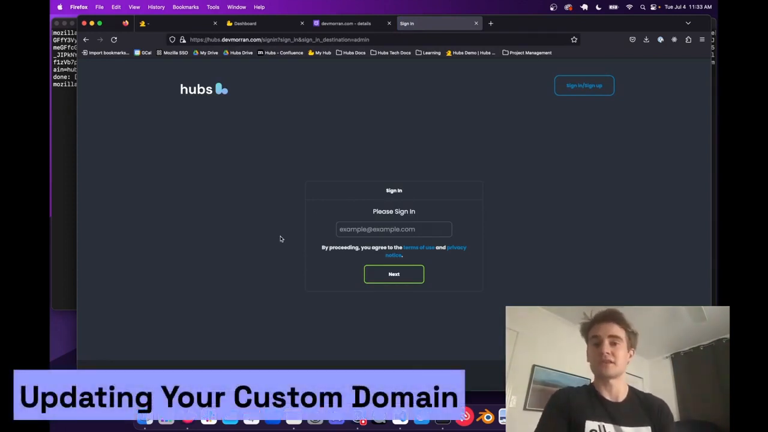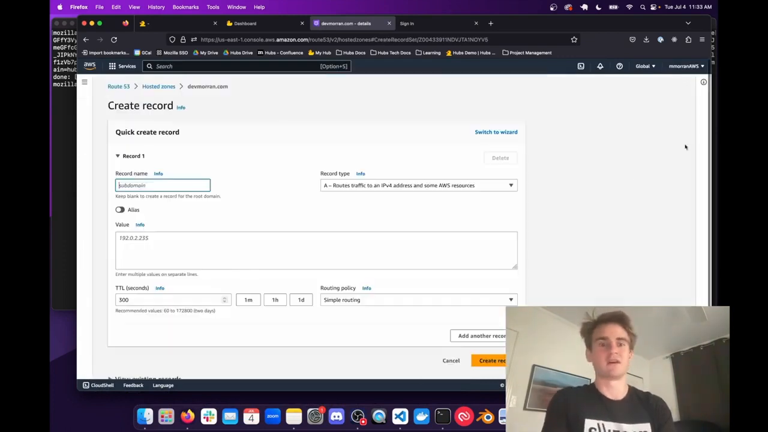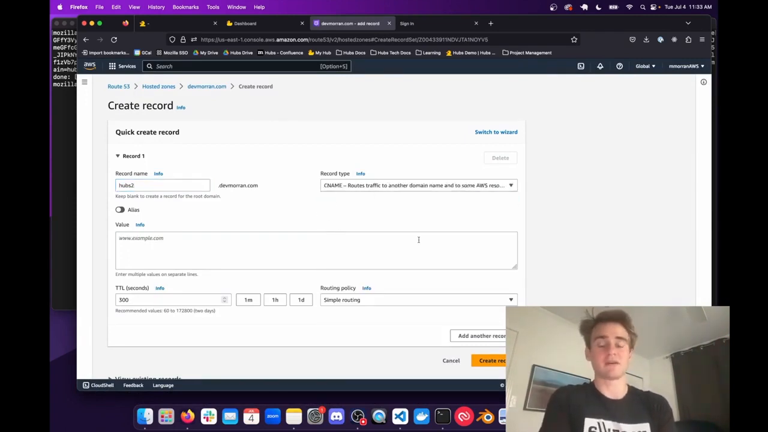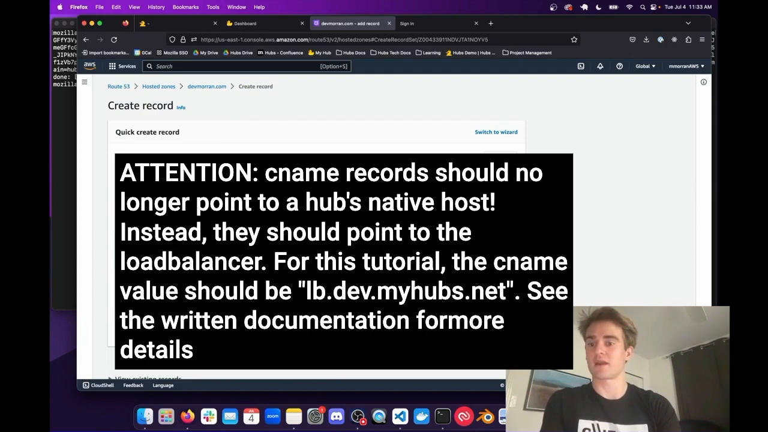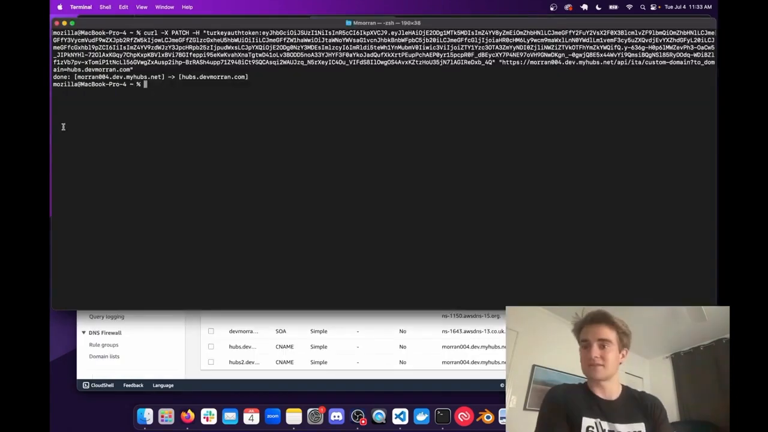Now let's go over the process if I want to update that domain. First I'm going to quickly create a new CNAME record that I want to transfer to. In here, I'll type the subdomain hubs2, select CNAME as the record, and then type Moran004.dev.myhubs.net as the value. I'm going to create that record, and then we'll go back to the command line to